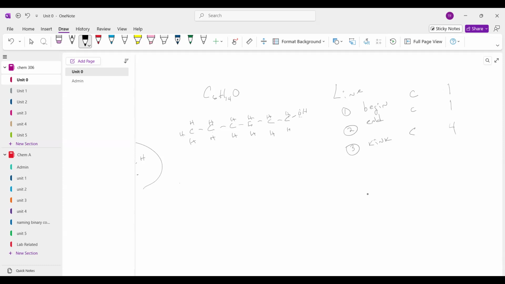So we start, it's carbon number 1, 2, 3, 4, 5, 6. 1, 2, 3, 4 kinks, beginning, end. Now you can start from left to right or right to left. We'll talk about that a lot on Wednesday. And we need an OH in there, and that's attached to carbon number 6. So this is the line drawing version of that. Much simpler.